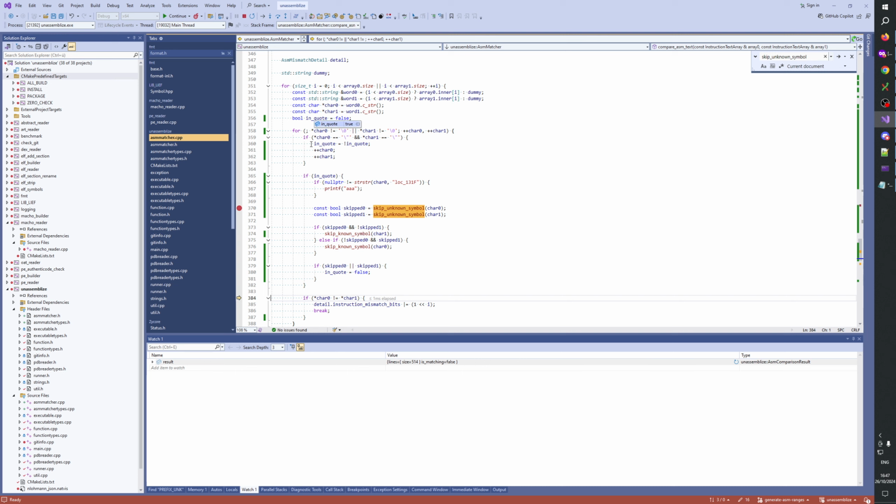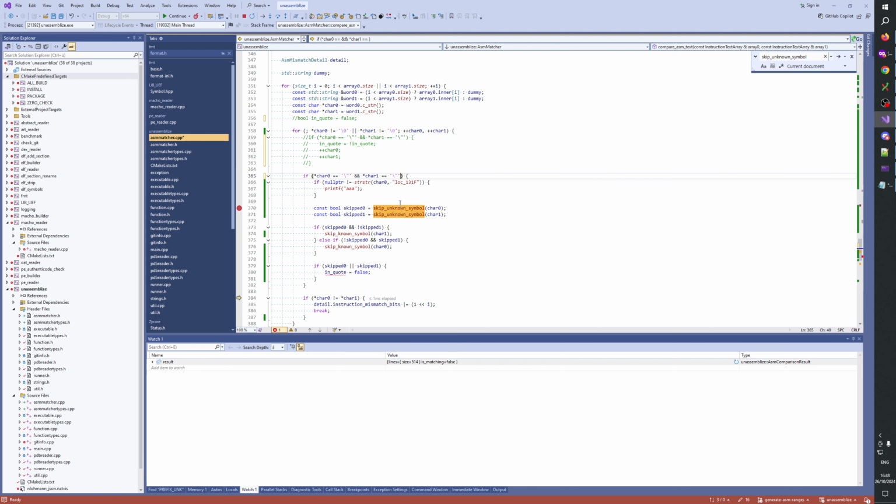Okay, so in quote, this toggle is actually not necessary. We just want to know if we are in quote once. So I think we simply have to, let's comment this out, and this. I think we simply have to say